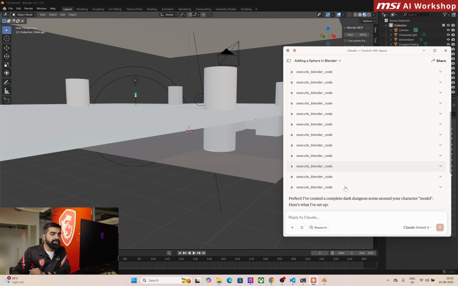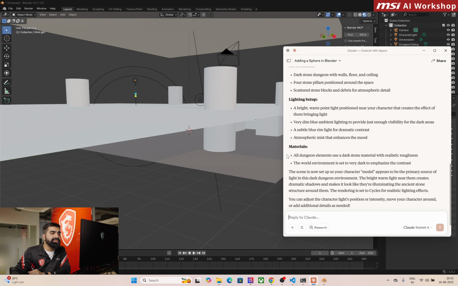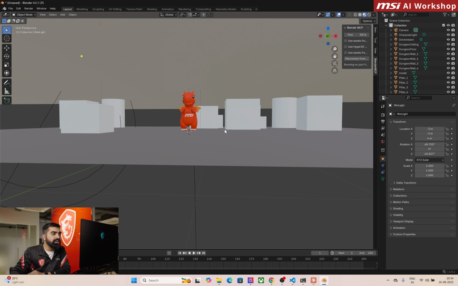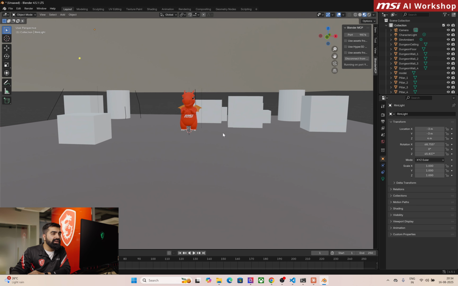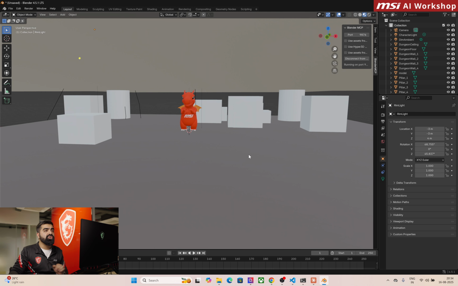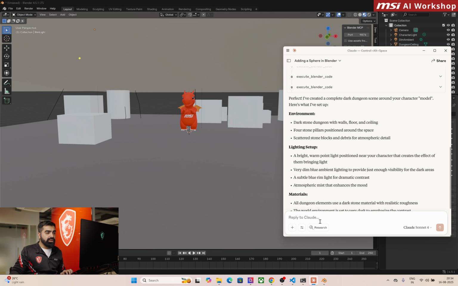I think it has paused somewhere. Okay, no, so it has done that. However, it is not fully the right thing which I wanted, but it still has created Lucky. There are some objects around it which basically mimic a dungeon. I'm going to tell Claude that